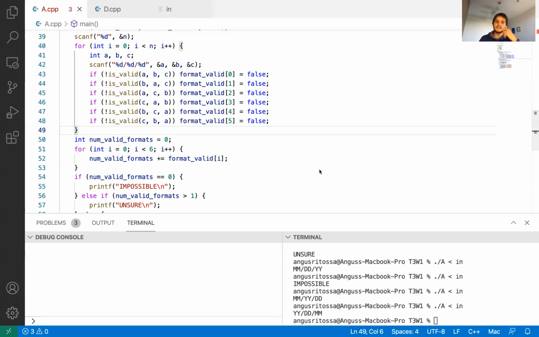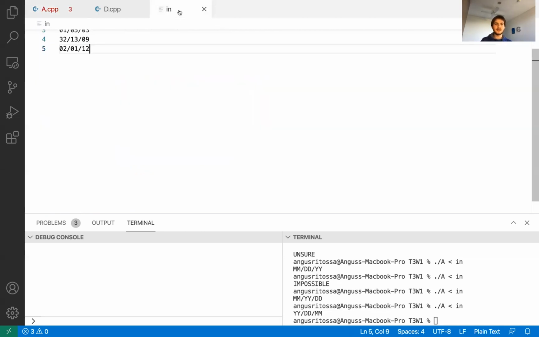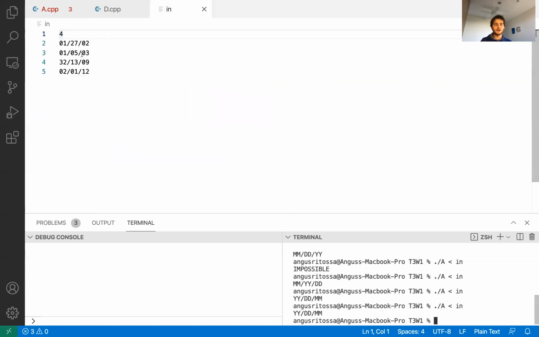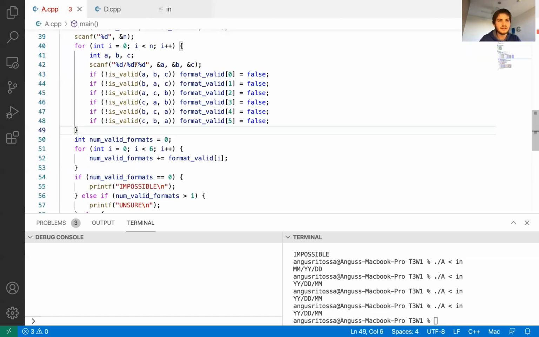Just so, is there a reason to use an input file rather than just copying into the terminal? Just that it makes my life easier, because copying into the terminal, if you have to run it multiple times or if you want to make small changes, like changes to an input, it's usually easier to use an input file, but there is no absolute reason why you would have to. It's just easy.